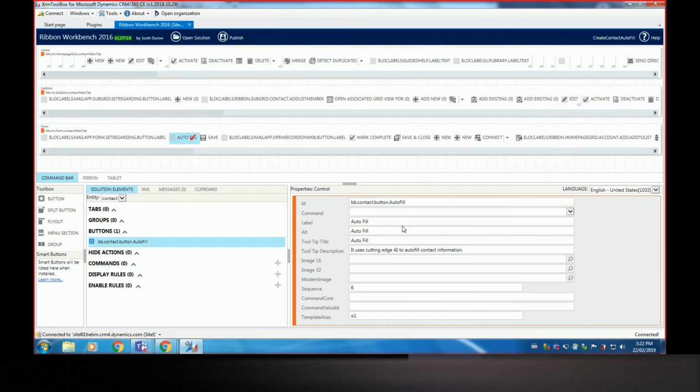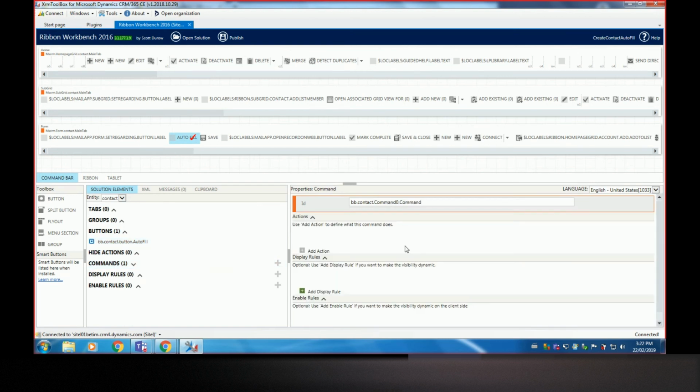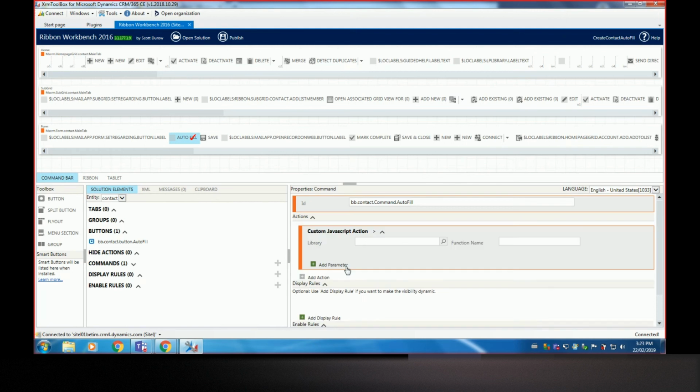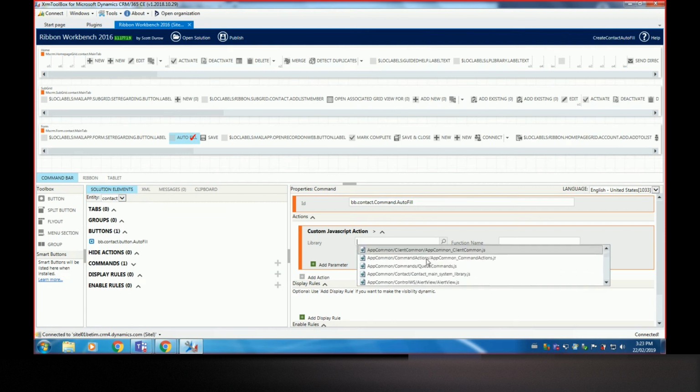And let's start by creating a command for our button, and we can click the plus here to create a command. And what we want to do for our command is we can say command autofill and add an action, and the action will be a JavaScript action, and we'll choose the library from what we had, and I have to find the library I added to the